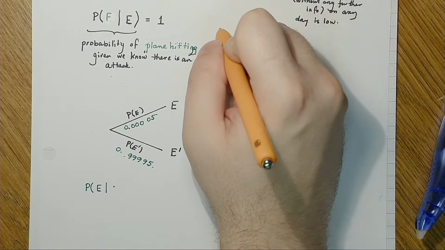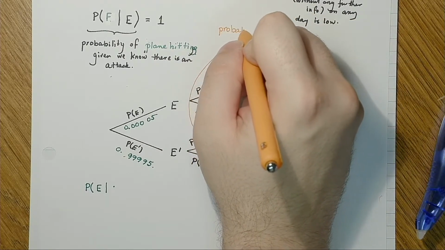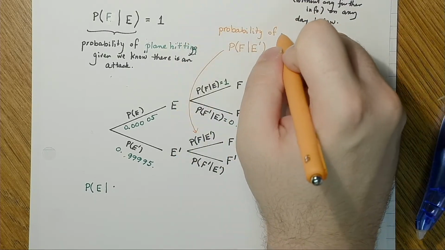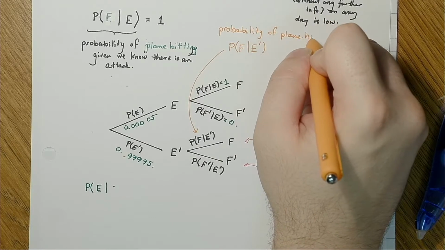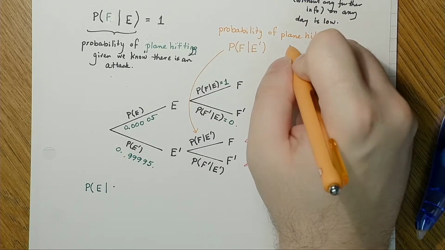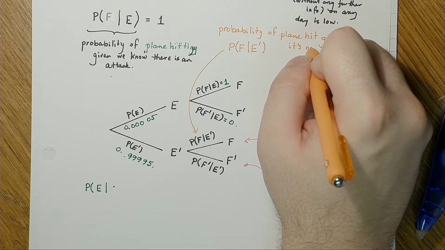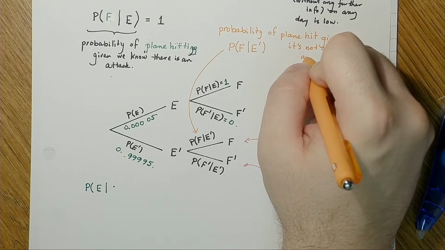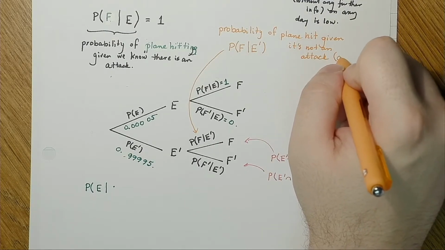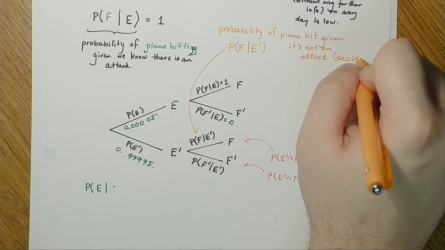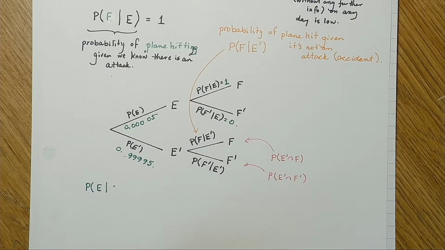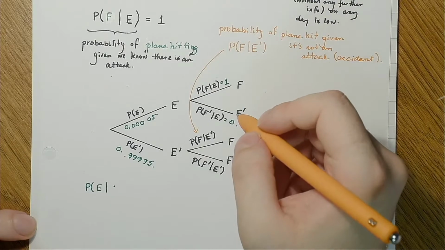So what this is saying is the probability of a plane hitting given it's not an attack. In other words, you could say it's an accident. Accident. Okay, so